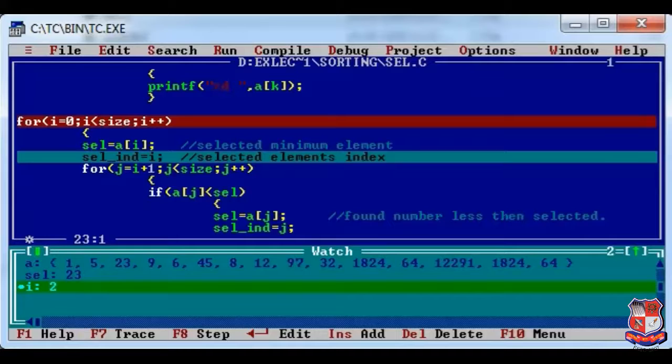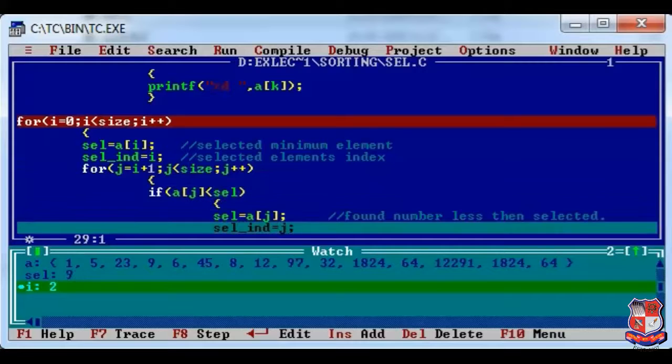Now initially it has taken 23 as the smallest element, but as you can see the content of the array over here, now my next smallest element will be 6. Okay, so at the end of this pass this value must be 6. See, it has taken 9 because before 6 it encounters element number 9.